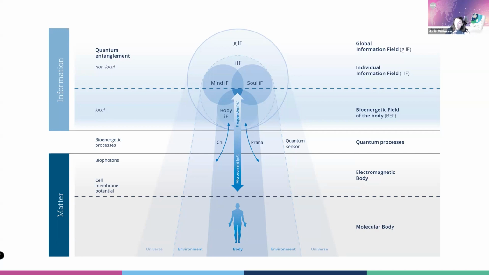So what does that mean? To create such a magnetic field, of course, there must be a current going through your heart, which is so big that it creates a magnetic field. Because as we know, magnetic fields and currents are always existing next to each other. So if you induce a current in a whatever, let's say, wire, also a magnetic field is automatically generated at the same time. And this is our electromagnetic body.